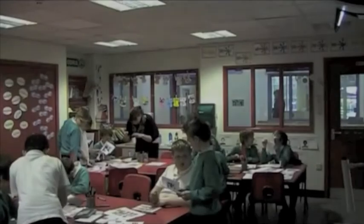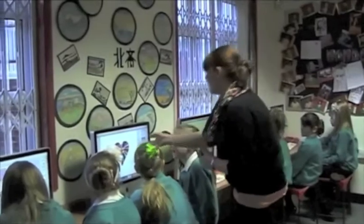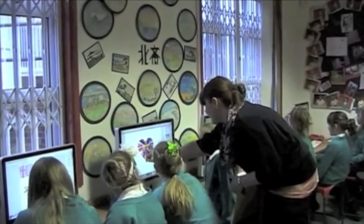I think that Millennium Learning is definitely the opportunity for the children to break the boundaries of education and the curriculum. It's developing the curriculum around the children's individual and personalised needs. It's allowing the children to take control over what it is that they're learning rather than the teachers prescribing